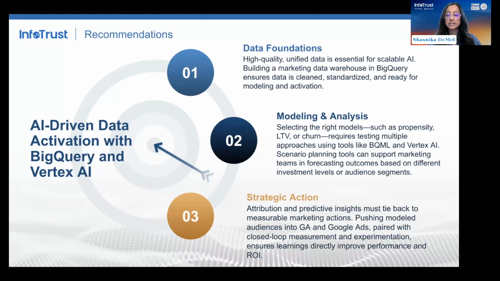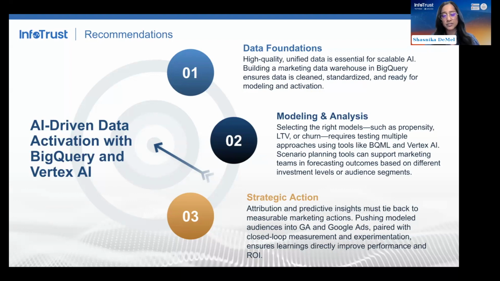And then when you think about modeling and analysis, I always say, if you're new to this, start with BigQuery ML. It really gives you insights into the type of impact a simple model can have by building it in BigQuery ML. And once you're able to see the performance output of the audiences generated from a simple model such as BigQuery ML, then you start getting the data points on what else you need to build upon it and then make it more scalable within Vertex AI.